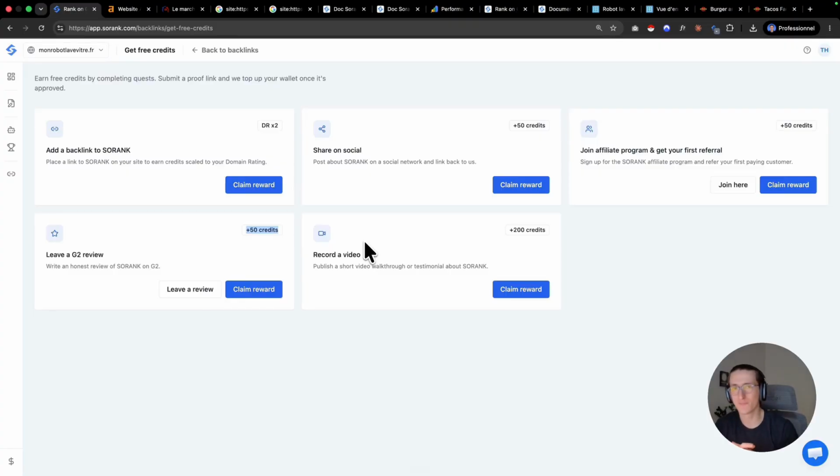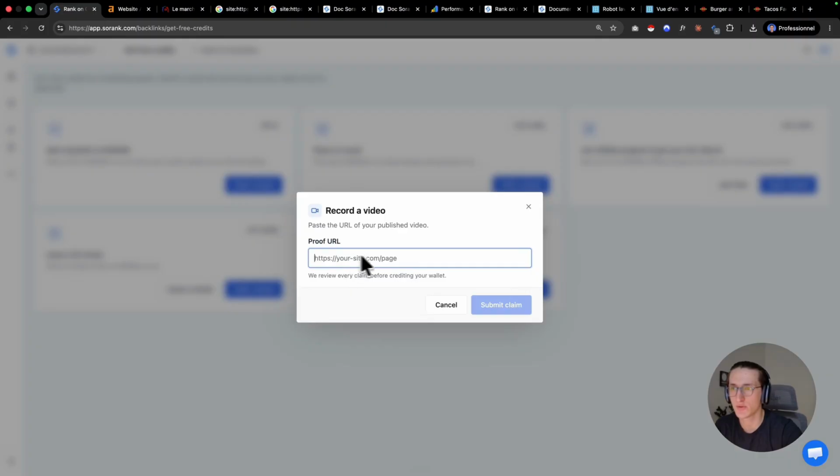And finally, the biggest reward you can get is 200 credits. That's if you record a quick video with your phone. It can be just like this, where you film yourself and honestly share your thoughts about this rank. No need to give us praise, just tell us what you really think about the technology and the results you've been able to achieve. And you just need to send it to us. To send it to us, simply click on Claim Rewards and you'll be able to send us the direct link